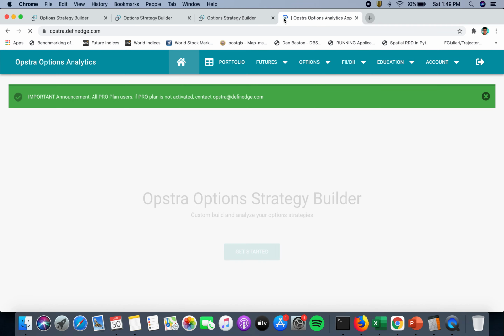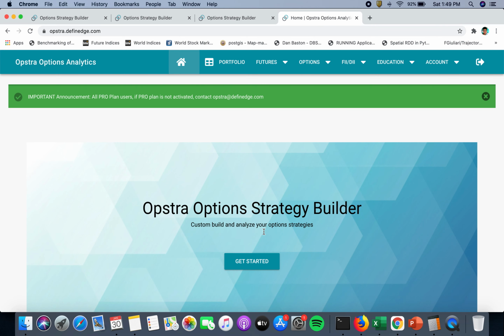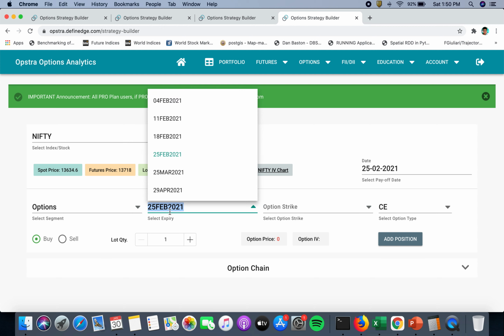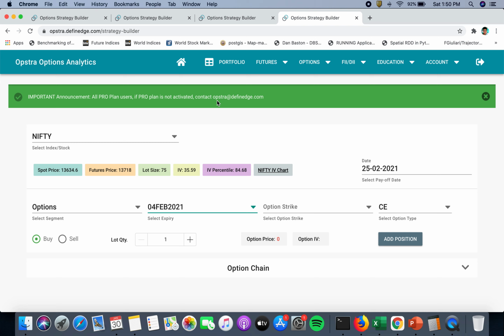So this was there, and now let's talk about the Batman butterfly strategy. What is that? What the heck is that? Let's just discuss that. Now just listen to me carefully and pay attention to how I am designing this particular strategy. Again, we'll stay within the 4th Feb expiry, and you will see that this is a wonderful strategy which can work most of the times for you. So let's start designing it.